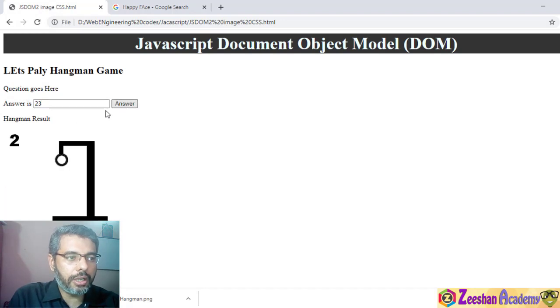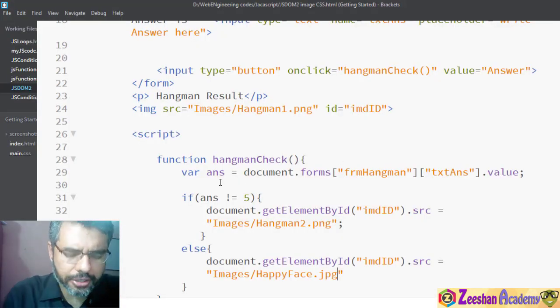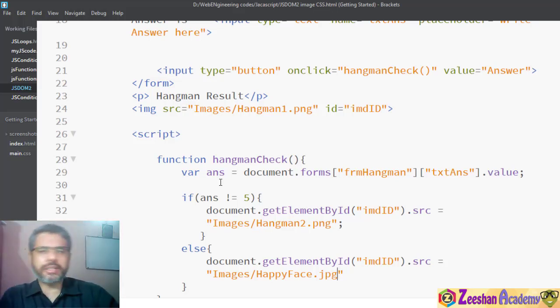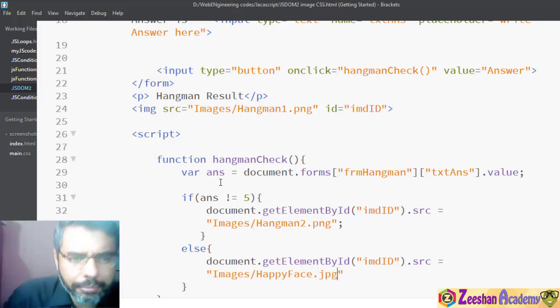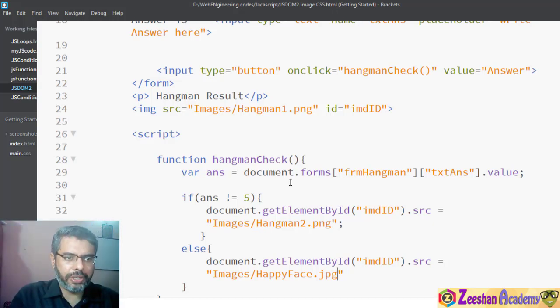If I press 23, we get a different image. If I give 2, we get a different image. Okay, same hangman image. Now obviously it's supposed to change based on a counter, so every time we make a wrong answer, it should change. So we can have a variable that changes itself. We can keep account of it, and, as I said, there are different things. So every time we guess wrong, our life becomes minus minus, and then it changes. We check a condition and we can predict.